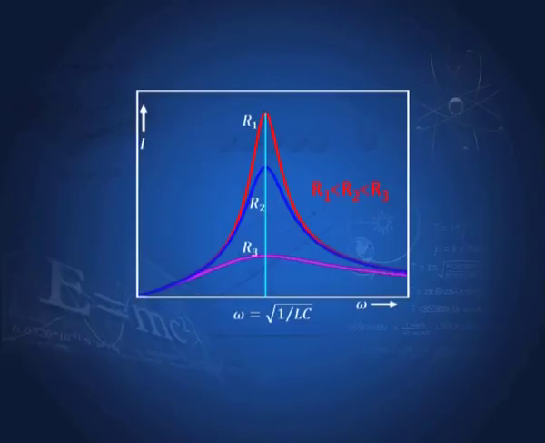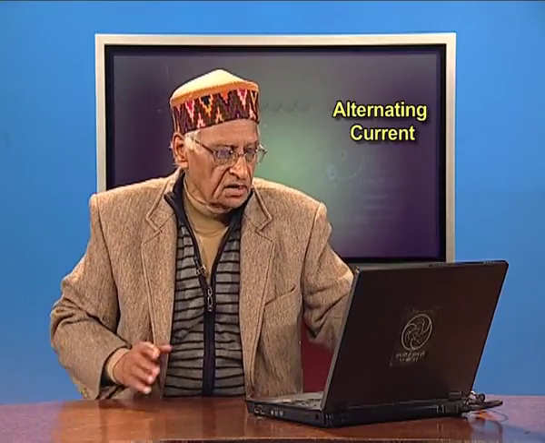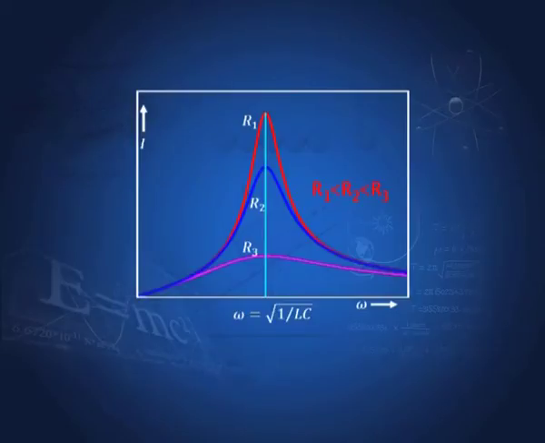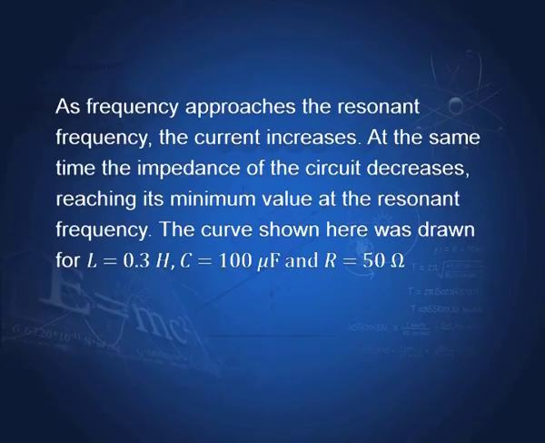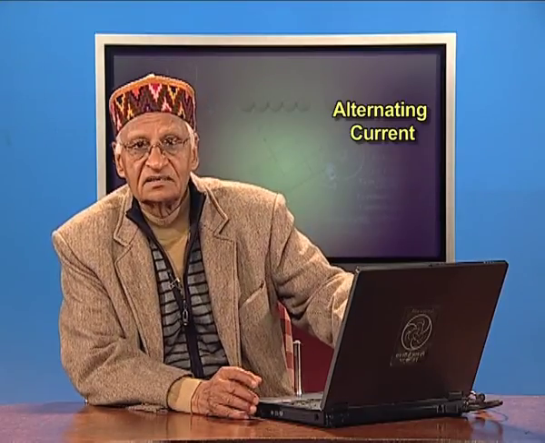For the moment you remember that what is happening is that when XL becomes equal to XC, that is, omega becomes the square root of 1 by LC, then this term vanishes, the impedance is simply equal to R, and the current is simply Vs by R. Since R is a small quantity, the current shoots up as here, and the opposite thing happens to the impedance. As we approach XL equal to XC, you can see that Z is decreasing, and the minimum value of Z is simply R.